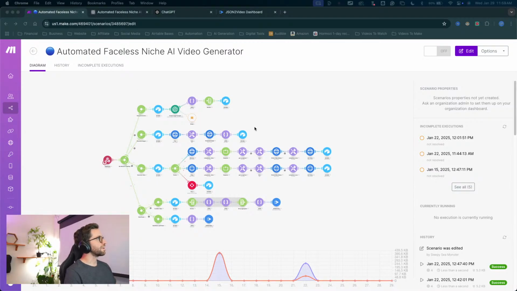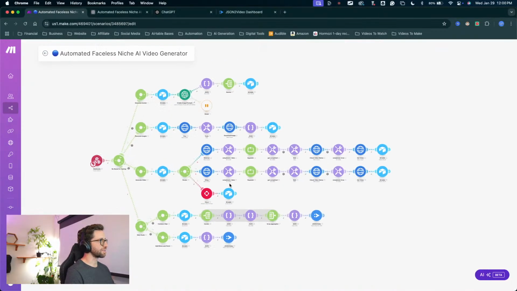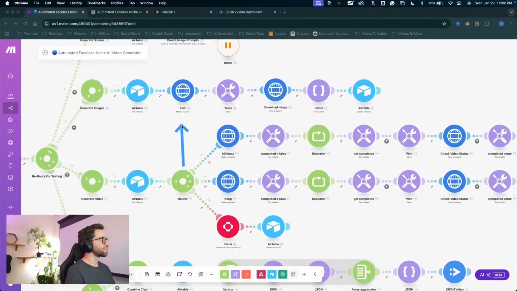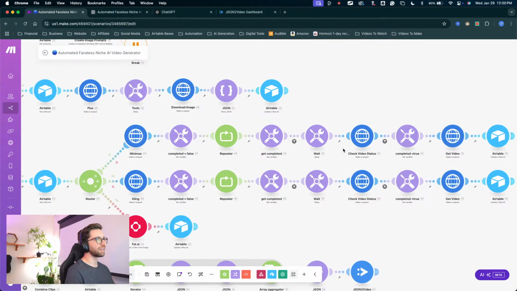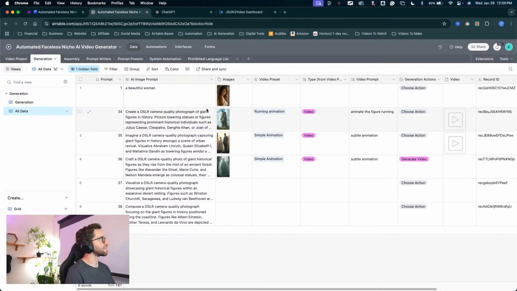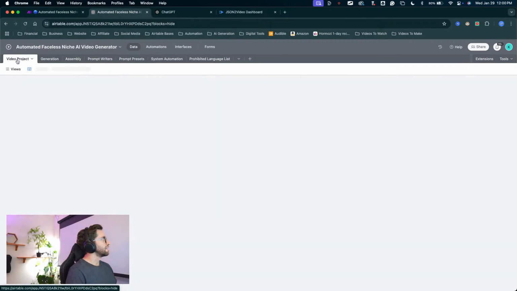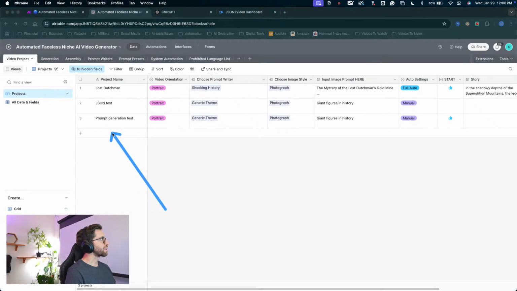Great. So what we are doing here, this is an automation that will create faceless niche AI videos using an API called fal.ai. We're making a couple calls to fal.ai to use the Flux models to generate images, then send those images through Minimax to create short video clips. Everything is organized and run from this Airtable base. We've got this test project going on,